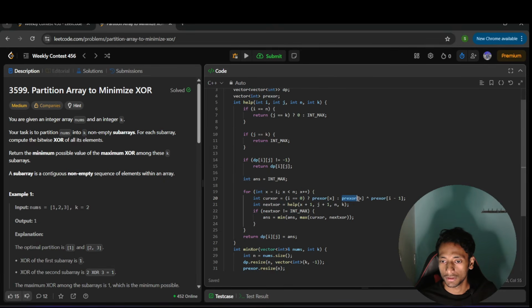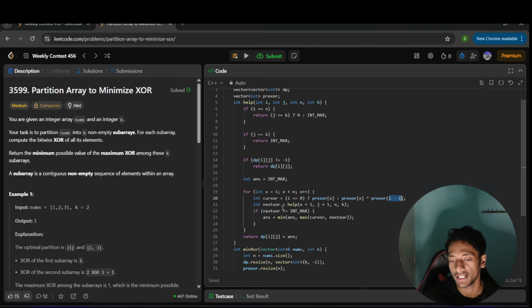So that's the prefix XOR value at index x and the XOR value at I minus 1, because I is the starting index, so the ending index of the previous subarray will be index I minus 1. That's why I am doing the XOR with the I minus 1 index. Got it? And for the next XOR value, the minimum XOR I can generate from the remaining subarray, I will